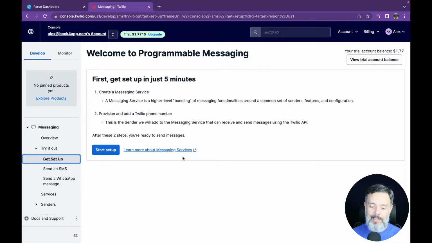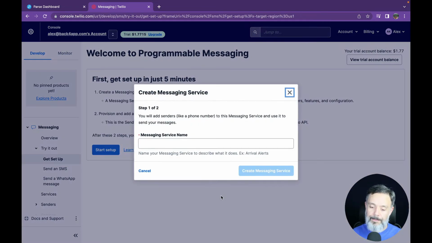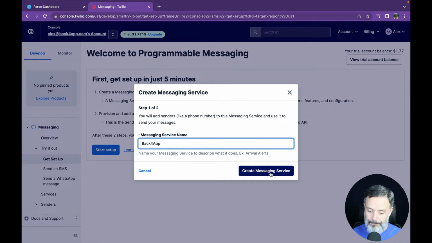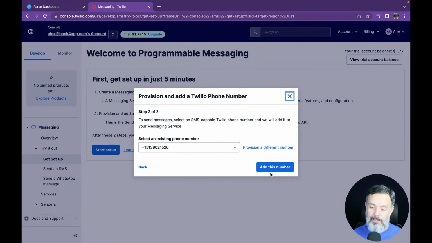Here you can click Get Setup and it will guide you through the setup of the messaging services. So the first step is to create a service. All I have to do is click Start Setup, give it a good name. I'm going to call mine Back4App, but you can name yours anything you want. Create messaging services. It will ask for a number. If you don't see a number in here, all you have to do is click this provision a different number. It will give you a number in there, and this is the number that Twilio will be using to send the messages from to all your clients. So add this number,